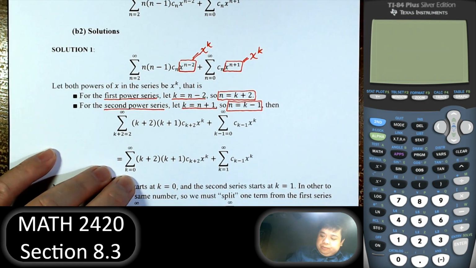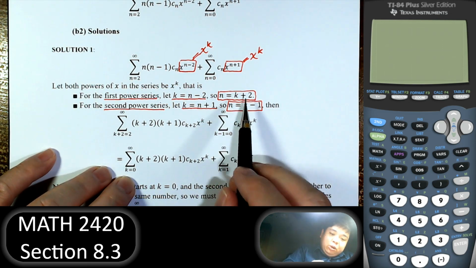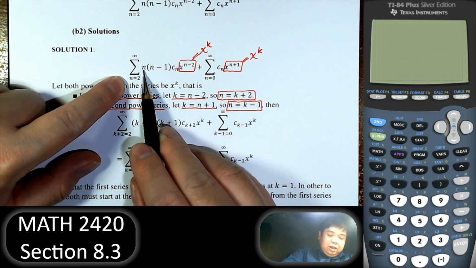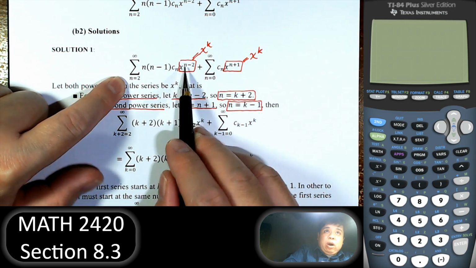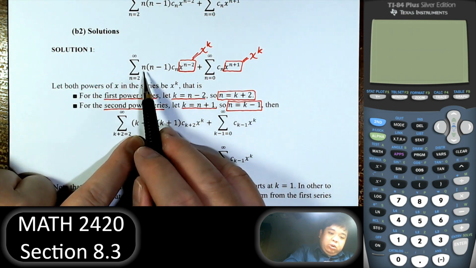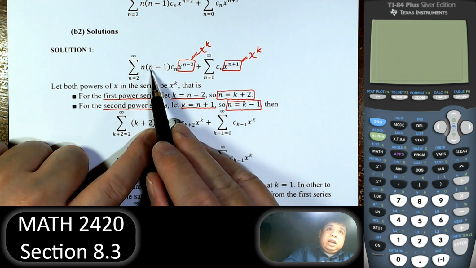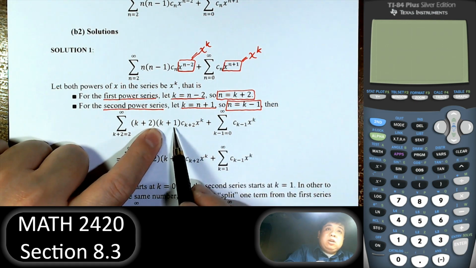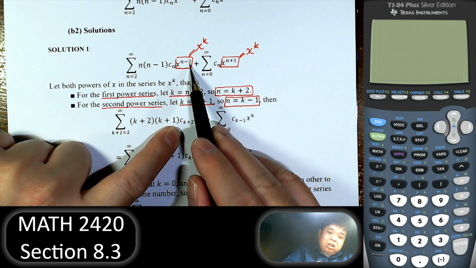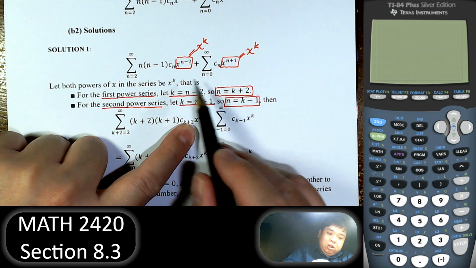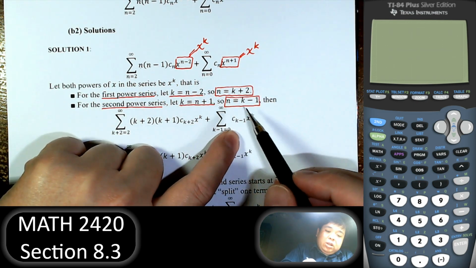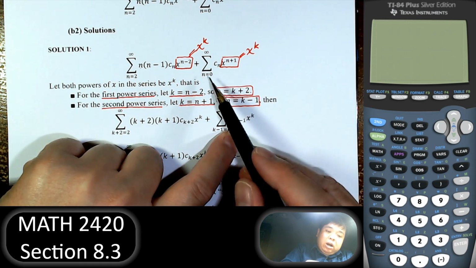Now we substitute k plus 2 pretty much everywhere we see n. So k plus 2 in for n, k plus 2 minus 1 is k plus 1, k plus 2 into n, and k plus 2 minus 2 is k. So we substitute k plus 2 in all of these n's. Next, we substitute k minus 1 into this n